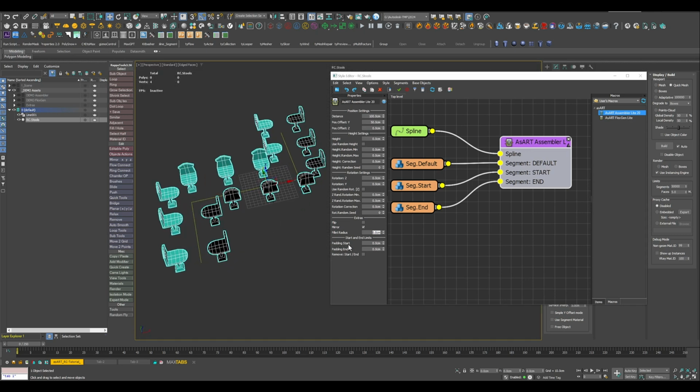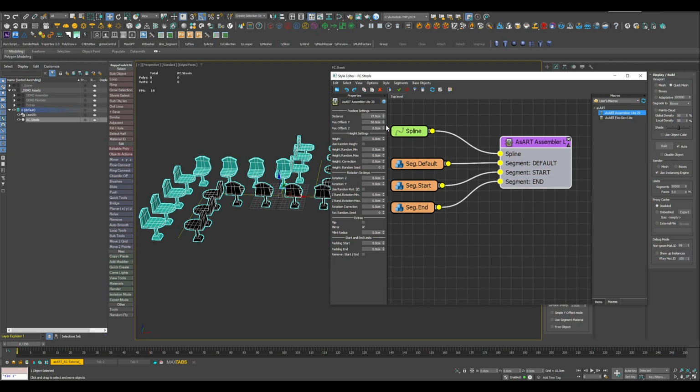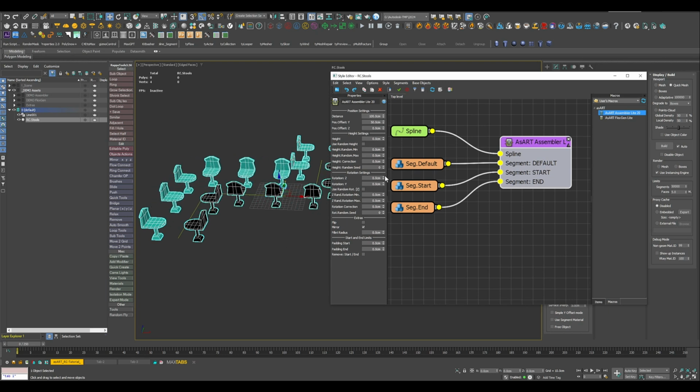And we do have this padding for the start and the end of the spline, and we can also remove the end and start segments entirely. So let me show you later on where these two values can come in handy. But for now, this is what you can do. So we can distribute more or less of these stools along the path. We can change the height. We can set the height to a random value